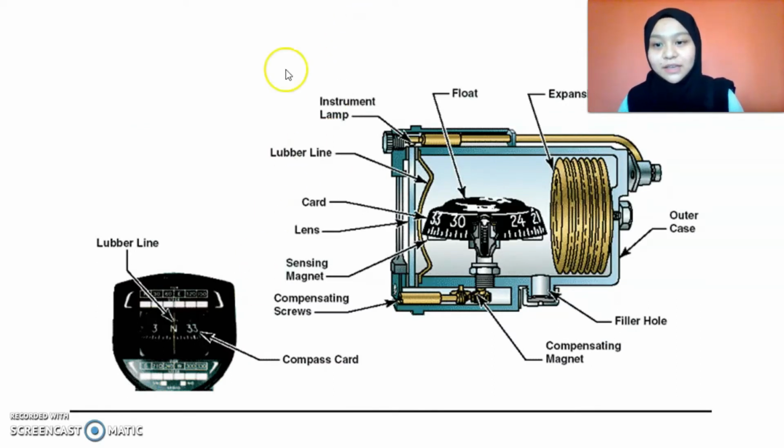Okay, this is the Lubber line. The Lubber line is used to read the readings and to reduce the parallax error. This is the compass case, and inside this compass case is the white kerosene. The white kerosene is filled in here, and